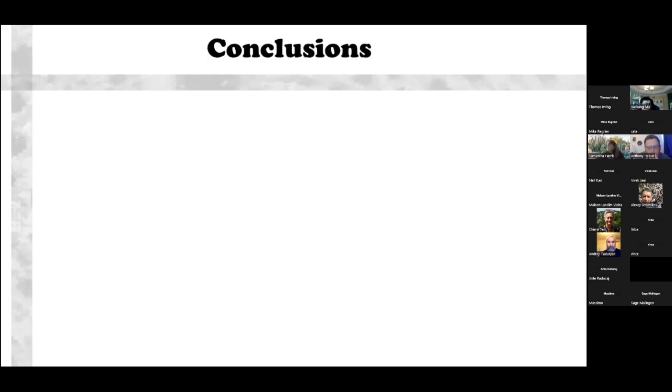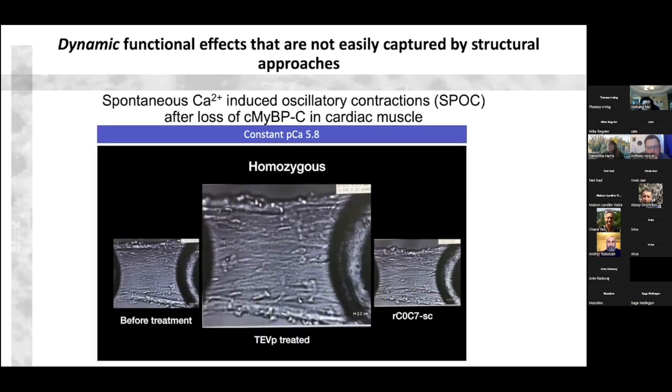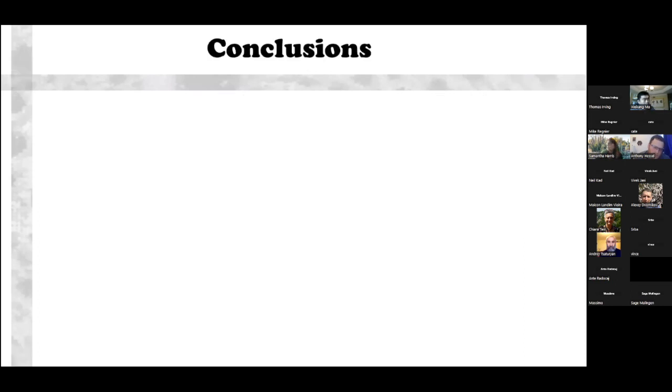So one of the things that we want to know from here is basically what changes within the sarcomere, what structural changes can affect the spontaneous oscillations to the extent that they're this reliable. And so is it a matter of lattice spacing? Is it a matter of relaxation, or what is C protein doing here?